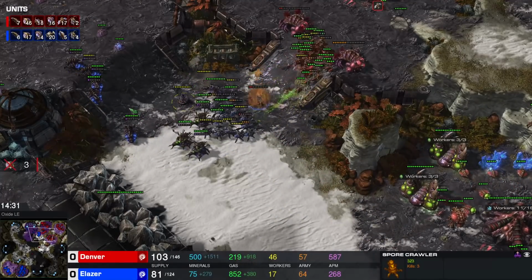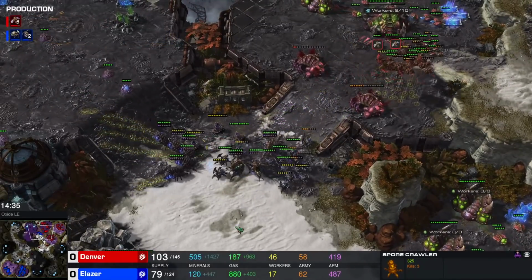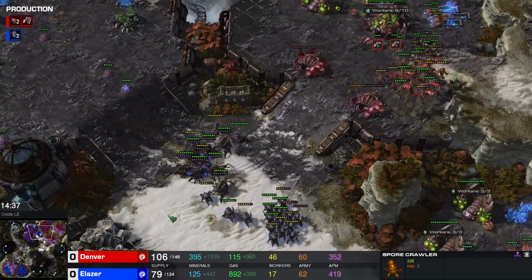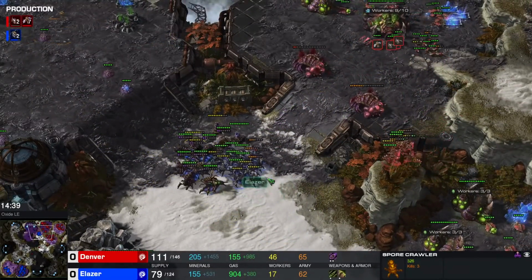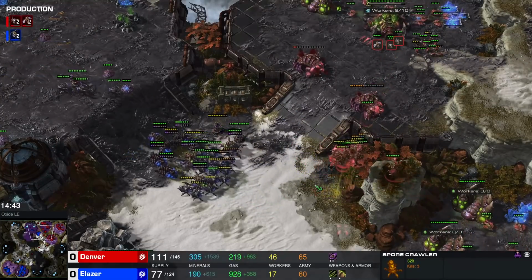Good moves here out of Denver. And will take out, I believe there was 2 more spores. And with the money that Elazer has, it's actually going to be very difficult to replace these spores as well. Now, sure, there's not a whole lot of anti-air. There's 7 more Mutas on the way. Oh,